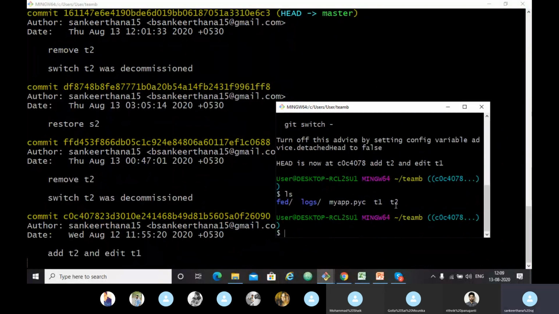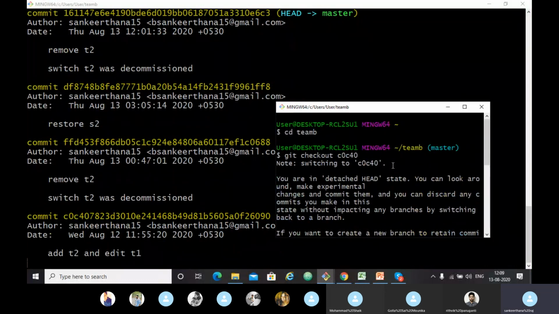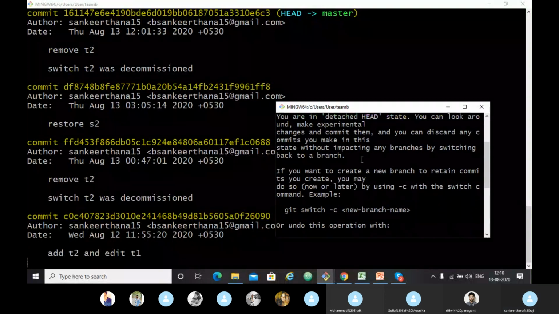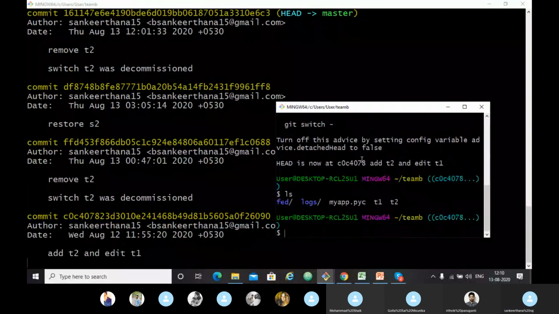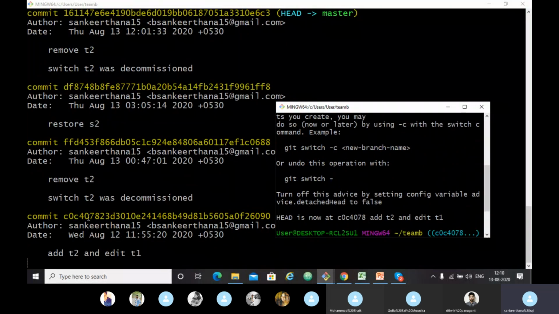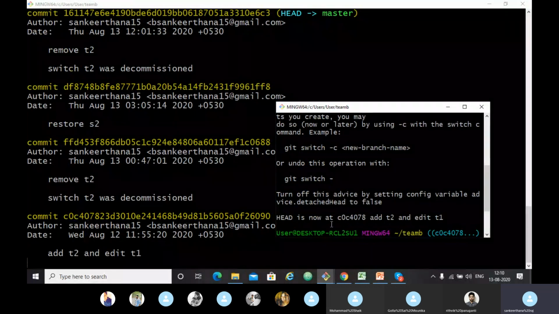See, we have the T2 file again. By using this command, git checkout. Okay, guys, we have given the hash, so it identified it as the T2 file. I forgot to give the file name here, but it restored T2 because it knows the hash of T2.